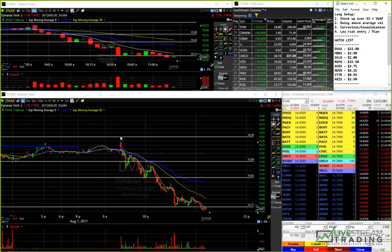But the way that I actually played this one was I kind of missed that initial wash and ended up entering on a bounce at 1590. I still find it a little more difficult to time these entries on 5-cent tickers like DVAX here. I find it more difficult to time them as precisely as we do on regular 1-cent spread stocks, for example. But I've been working on some different things where I'll add a little bit at each level, instead of trying to take it all at one price, which I often do,